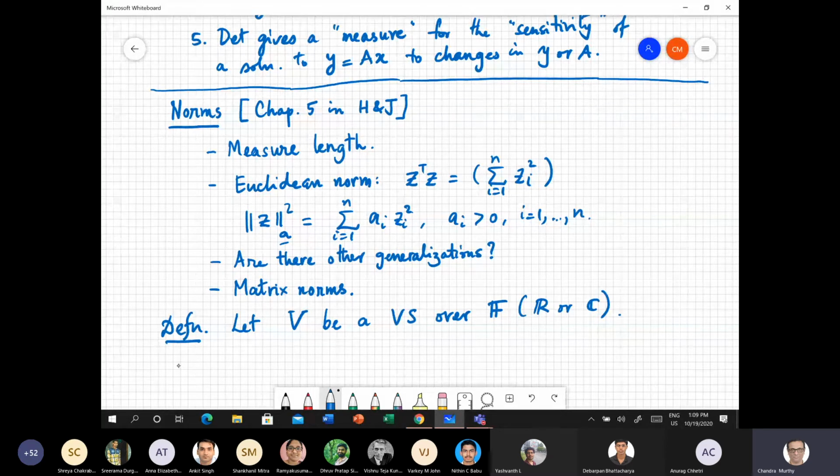Then a function, which maps from the vector space V to the real line, is a vector norm